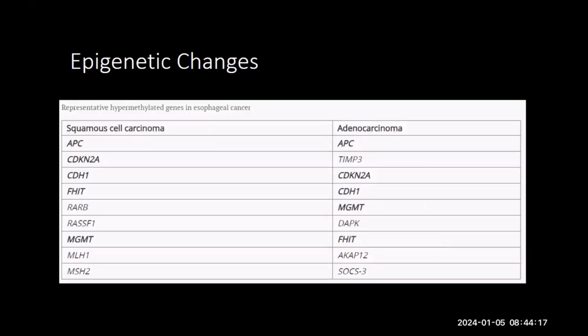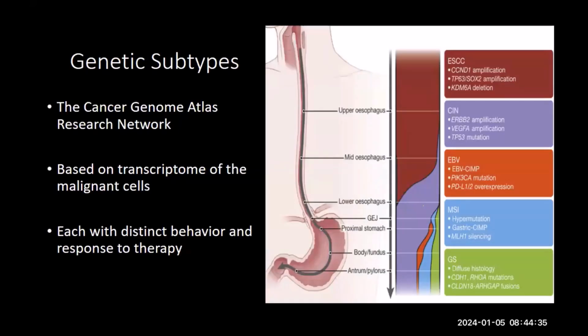Similarly, other than mutations, there are also epigenetic changes in the genes. This is a list of genes that are hypermethylated in both squamous and adenocarcinoma. Hypermethylation reduces the expression of genes, and as you can see, the genes are different in both. So based on both the genetic and epigenetic profile, an effort was made by the Cancer Genome Atlas Network to